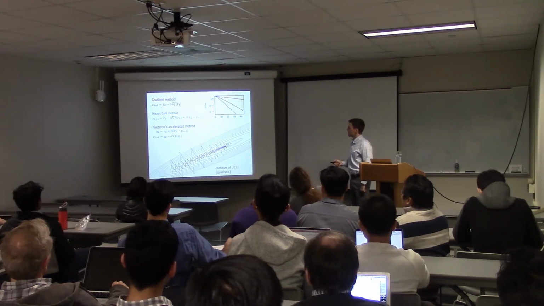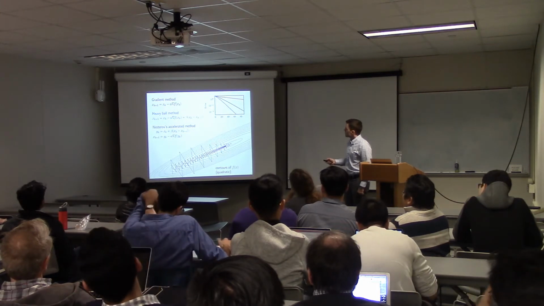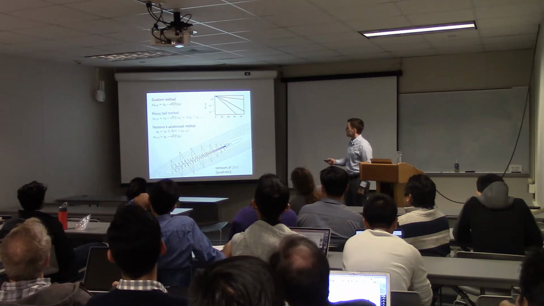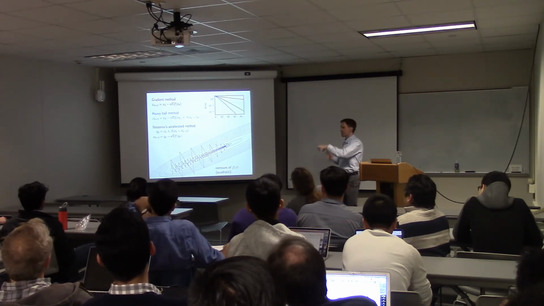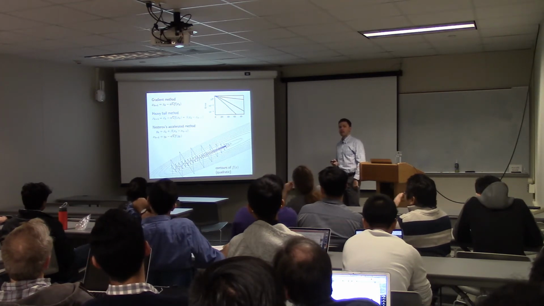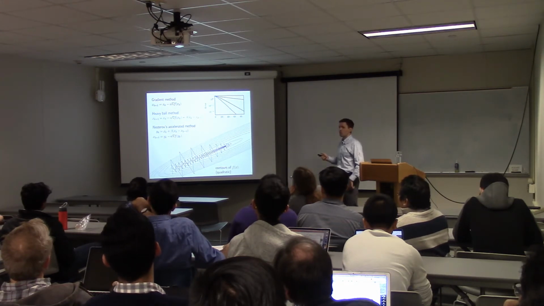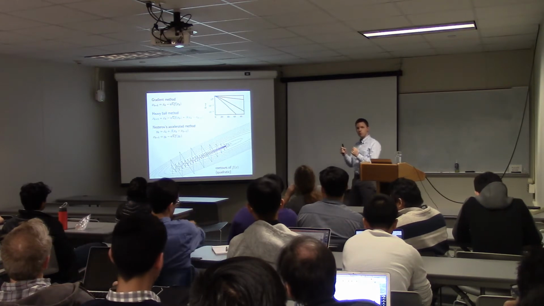Nesterov's accelerated method also uses momentum, but a little bit differently. Here we imagine you compute some intermediate point y that's an interpolant. It's in between where you are now and where you were at the previous time step. And then you do a gradient step that pretends you start from there and evaluates the gradient at that other point. So the difference between Nesterov and heavy ball is that you don't evaluate the gradient at your current iterate. You evaluate it at some interpolated point between your current and your previous iterate.